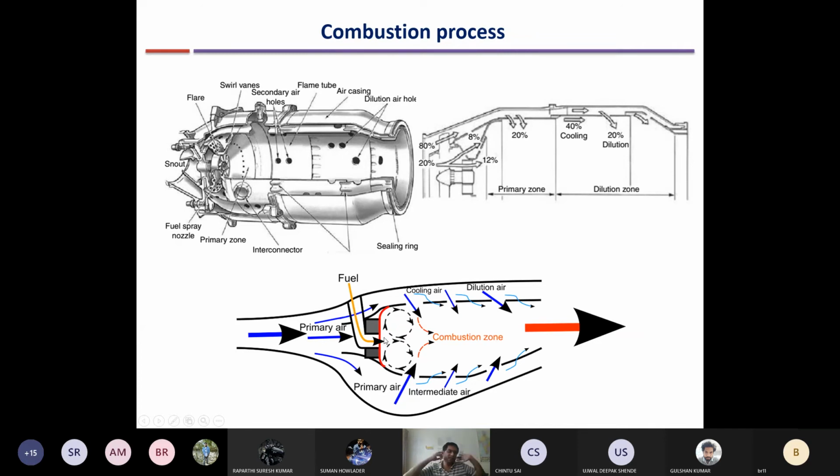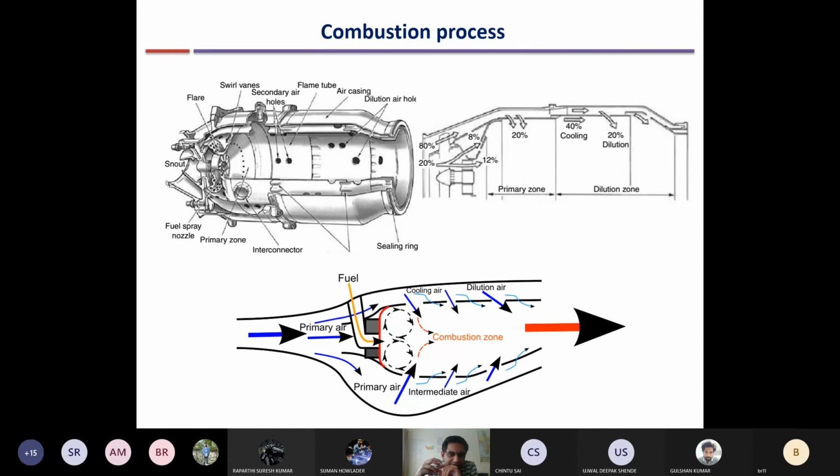Why is this small amount kept here? Can anyone say why we keep this amount of air small with the fuel initially? Rich mixing, I think. Yes, for rich mixing. So what will be the advantage of rich mixing? If it is not rich, what will happen? If I inject 100% air,